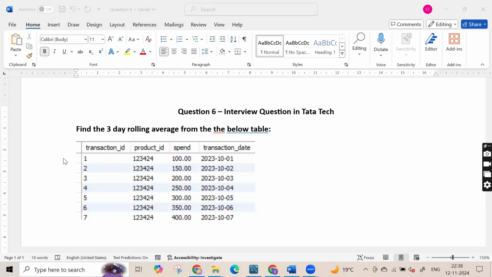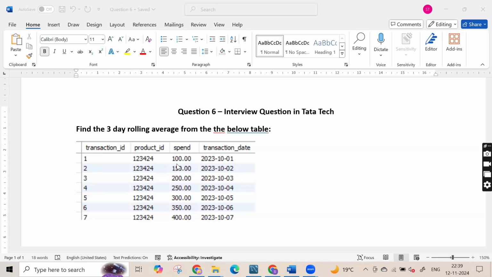This is a transactions table where you have your transaction IDs, which is a primary key, and your product ID. In this case, I have kept the product ID simple, one product ID, but you can consider that you have a very big table with multiple product IDs. And you have your spend written against each product. Probably this product has been sold for 100 rupees,